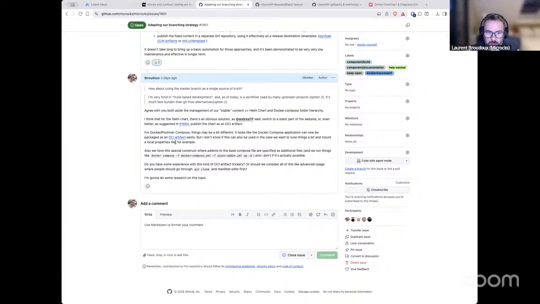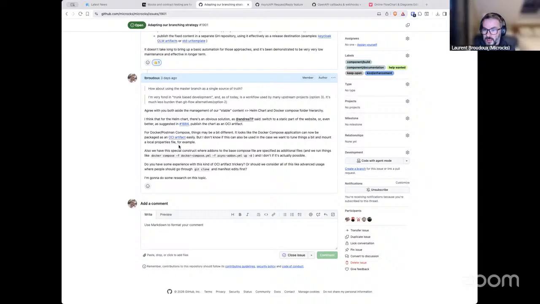playing with the way we can package Docker Compose resources as an OCI artifact so that people wouldn't have to git clone the repository, but just directly put the reference of the OCI artifact to retrieve everything from the Docker pull. So this is a different way of doing things. We have not yet experimented with this in the past. So yeah, trying new stuff to make contributor life easy.